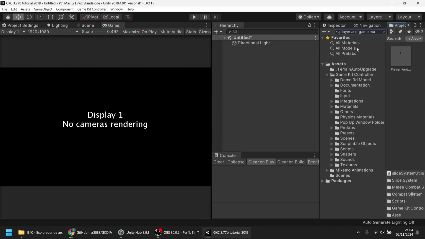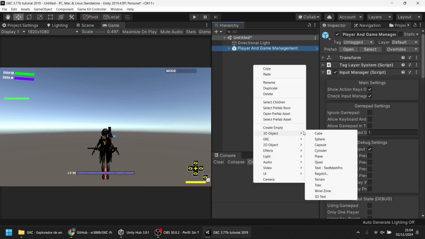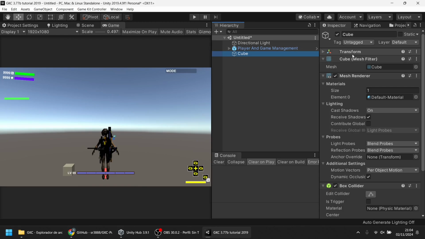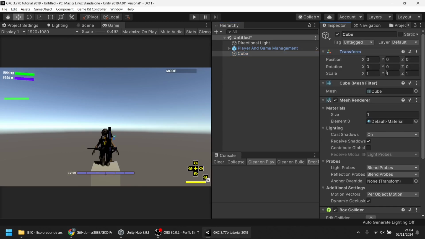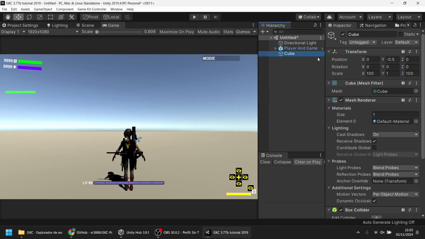This is the default prefab, but if you make a new player, you can just create a new prefab from it and drop it into all your playable scenes. I'm going to drop it here, and as always, I'm going to add a simple cube for the ground. Scale it, and this is all. From here, you can add enemies, vehicles, weapons, what you prefer into the scene. But this is the minimum to work on any playable scene.